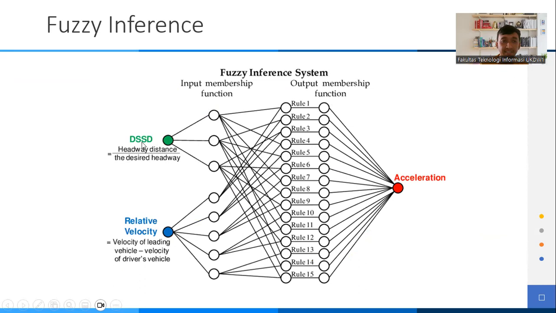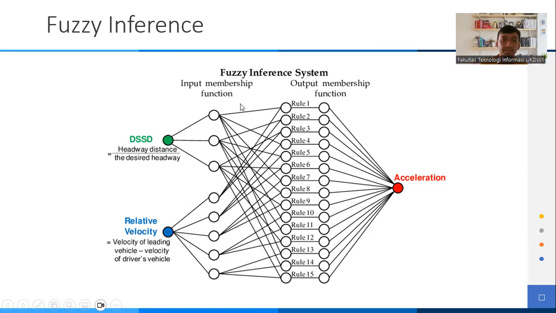The SSD has three categories, and the relative velocity has 5 categories.